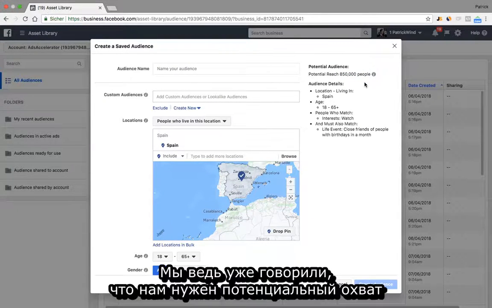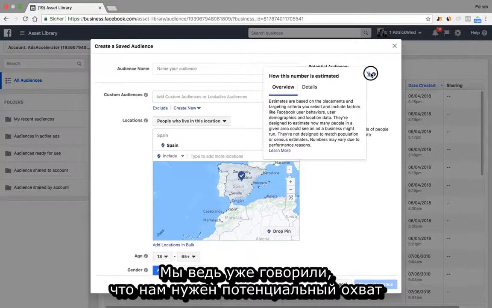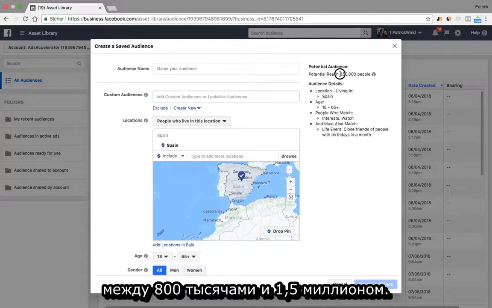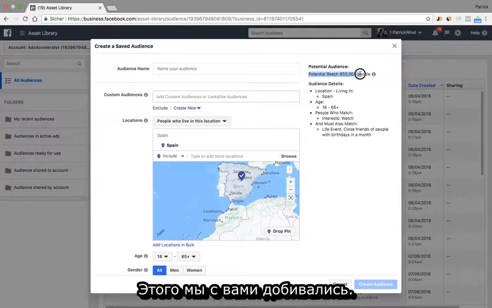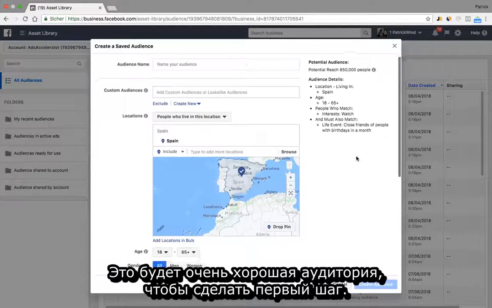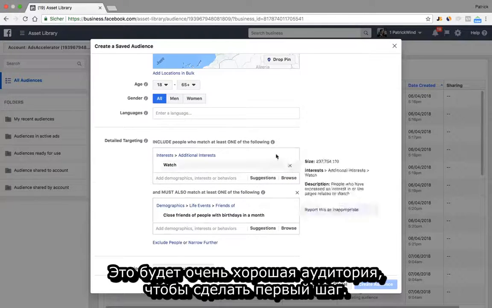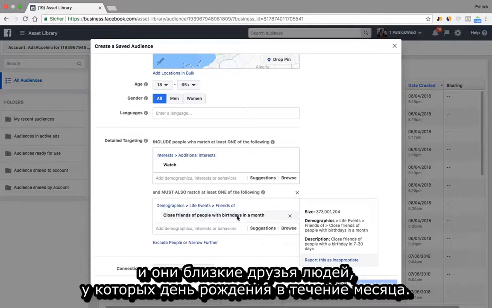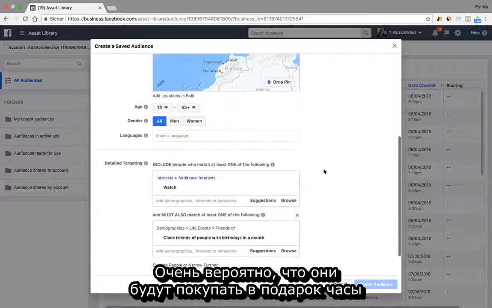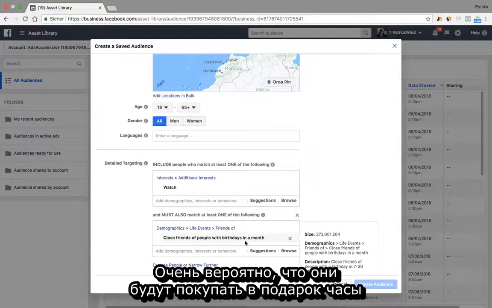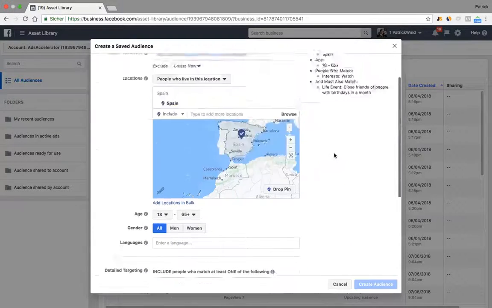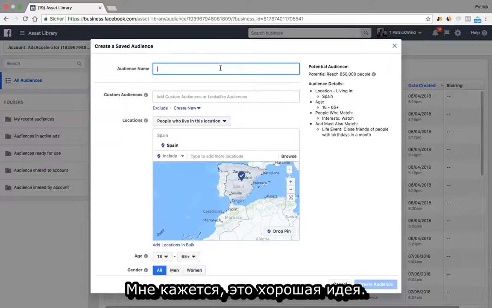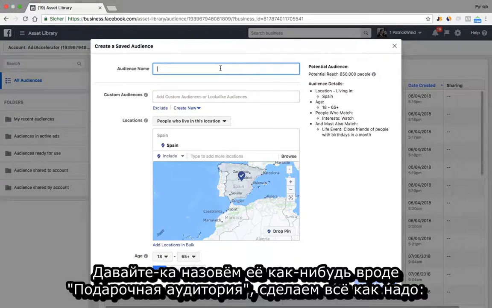That's good, because we said we want to have a potential reach between 800,000 people and 1.5 million. So that's the goal, what we're aiming for. So this would be a very nice audience already to get started. I mean, we have people in Spain that are interested in watches, and they're close friends of people with birthdays within a month. Okay, it's very likely that they're gonna give as a present a watch to one of their close friends, right? So I think it's a good idea, and I would call it like gift audience or something